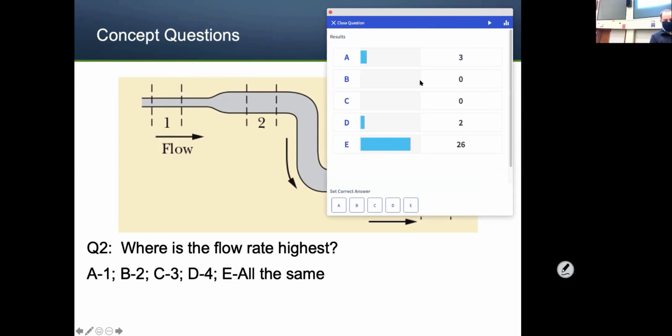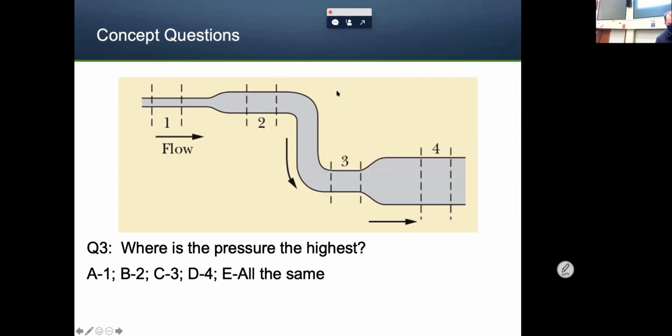Oh, okay. Well, more people got this one wrong than the last one. It has to be all the same. The flow rate, meaning the velocity times the area, has to be the same in all sections of this pipe. I don't have time to ask this question, sadly, but the next 2 questions I'm going to ask are: